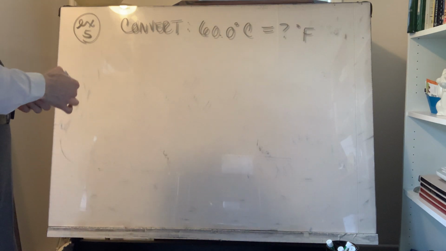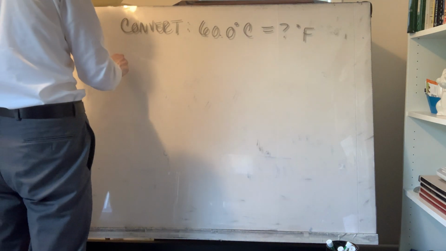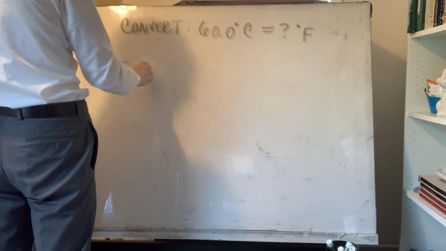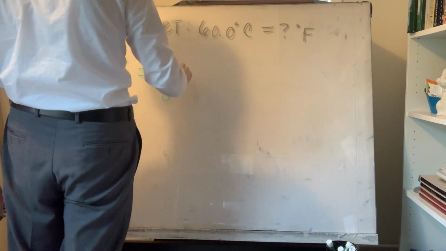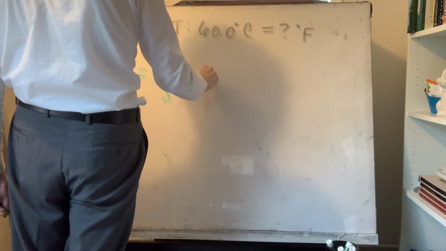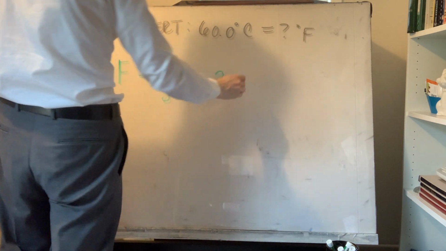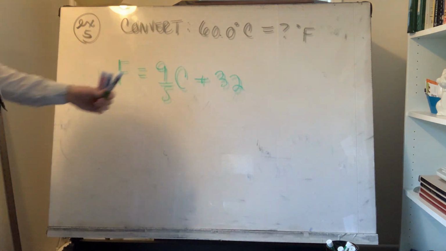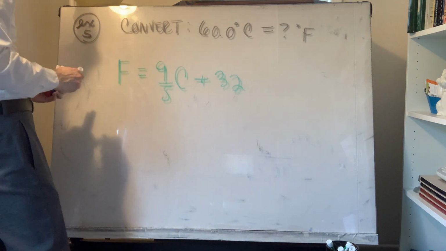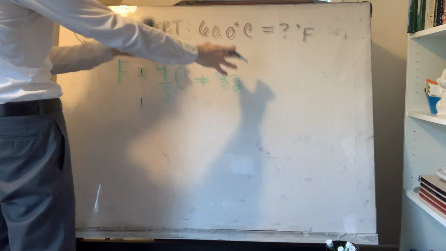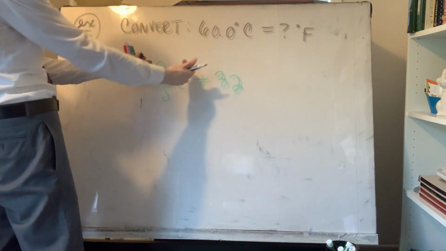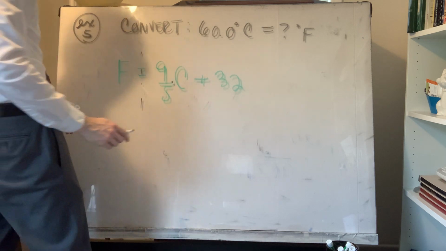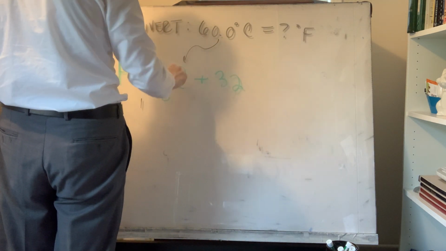Let's see, the formula for Fahrenheit is 9/5 times C plus 32. Because there are no parentheses here, and we must follow the order of operations if we're just sticking with the right side, do the multiplication first. It's understood that these two things bunched together are being multiplied. So plug 60 in here,